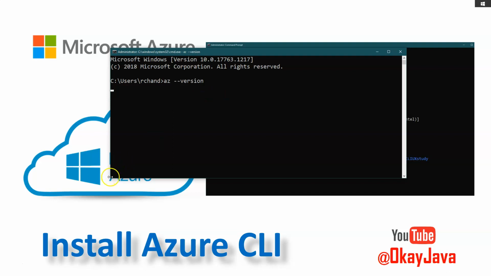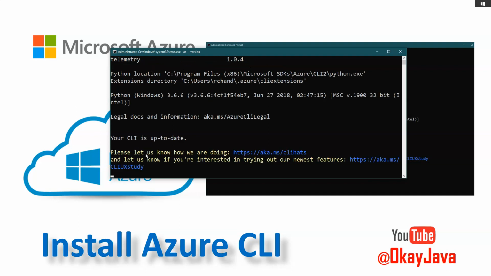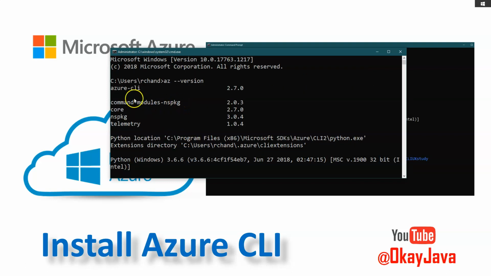So it will grab all the information about the CLI that we have installed just now. Now you can see here we have installed Azure CLI 2.7.0 and there are other things, right? So by executing this particular command on your Windows command prompt, you will make sure that you have installed